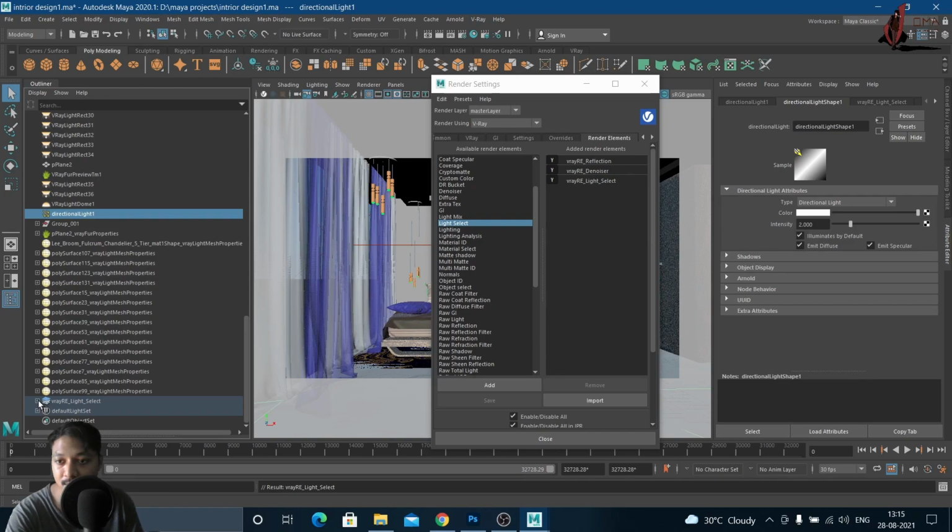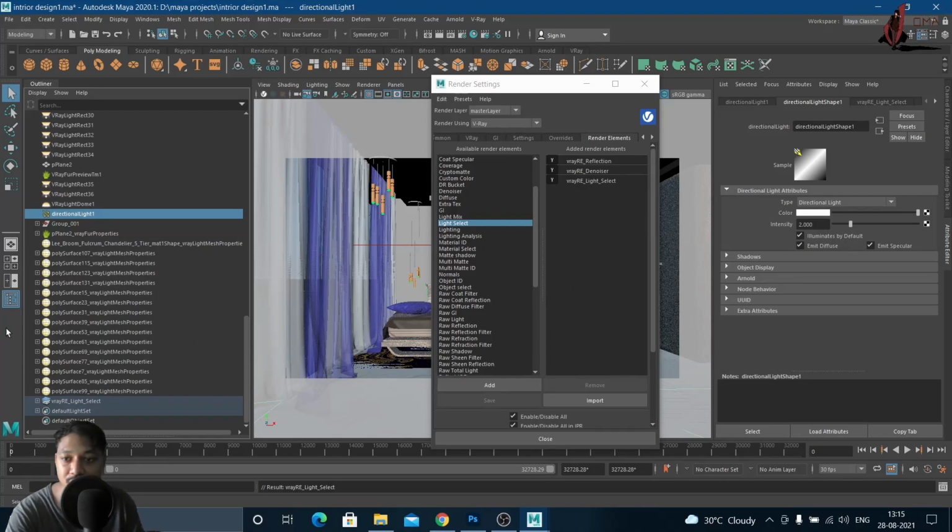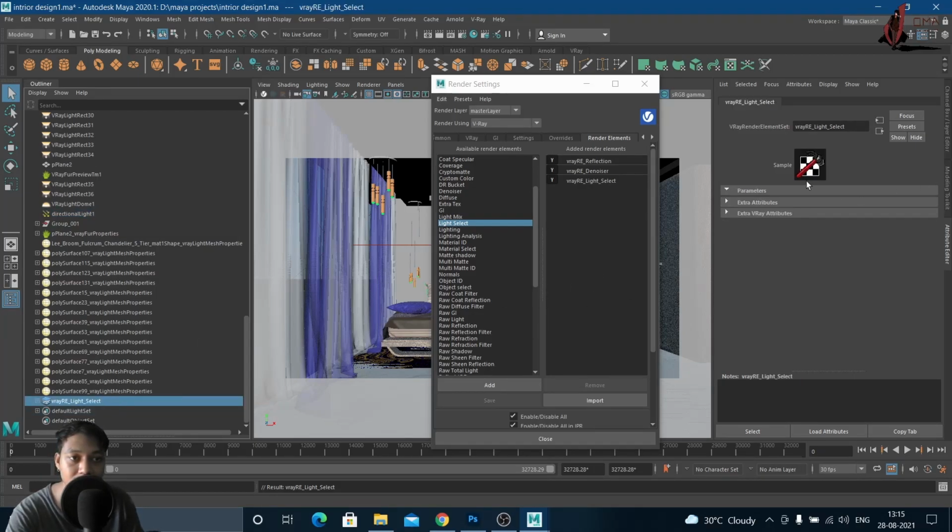So the plus will be added in here, the direct light will be added. And let's change the name so we won't be confused. Direct light, and I'll add another light select,